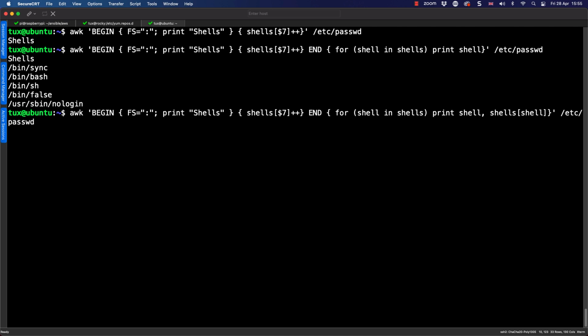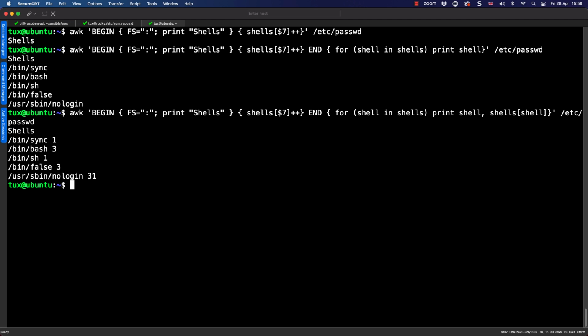And if we hit the big enter key, we can now start seeing the power of awk as a reporting tool. Look at this. We've got our titled shells, and then we've got each one of our shells listed just once, so a unique list of shells, and then how many times they occur in the file. Now, sure, I do believe that we are just working with the passwd file, but at least that's a file that we're all going to have.